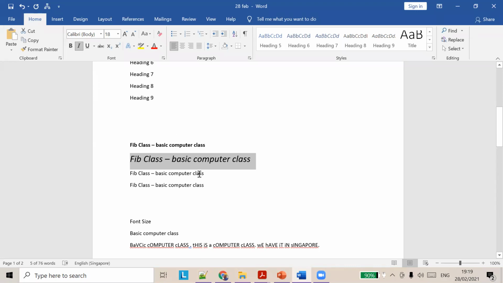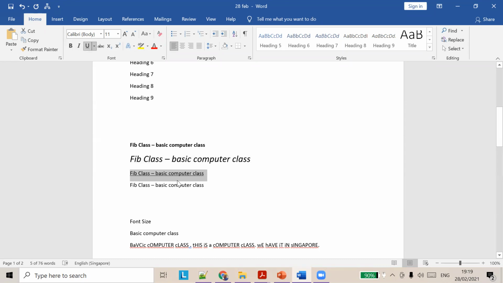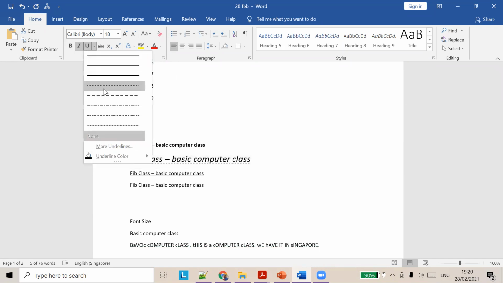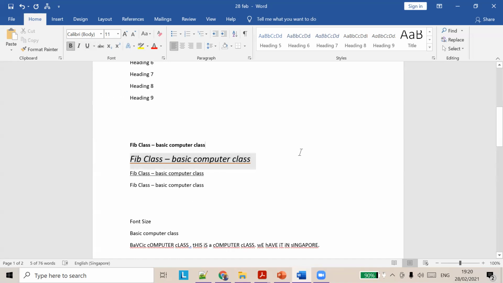Similar to that, we have underline format. Under this option, click on this and the font will be underlined. All the text will be underlined. If you want different types of underline, this is just a straight line. If you want a dotted line, you can do it. You can have different types of underlines, and you can even choose different colors for the underline.